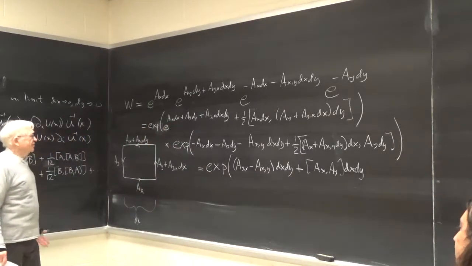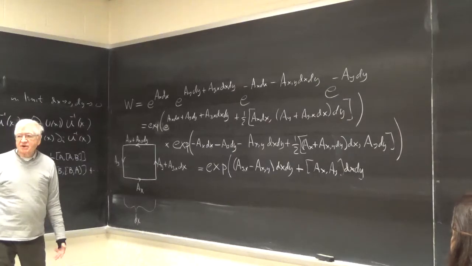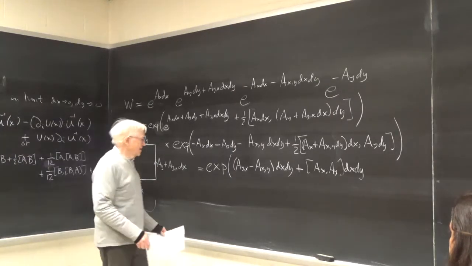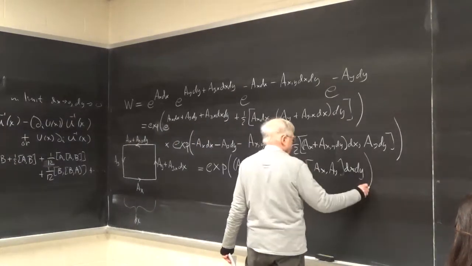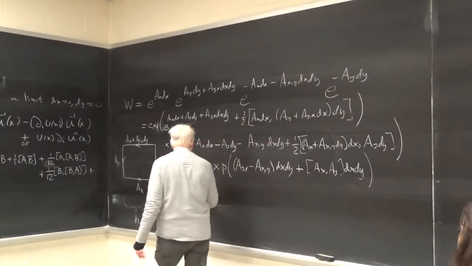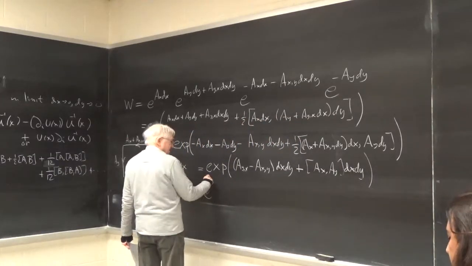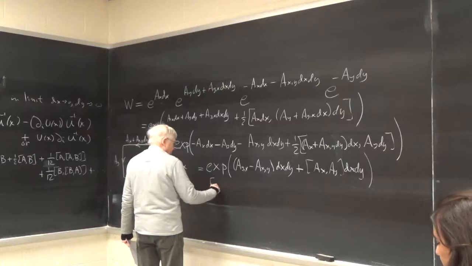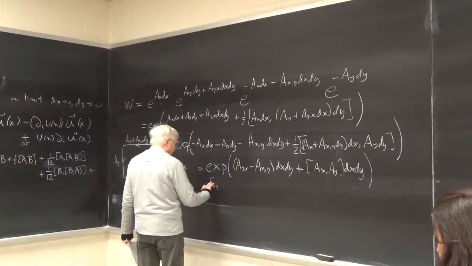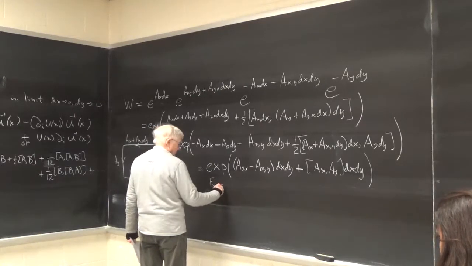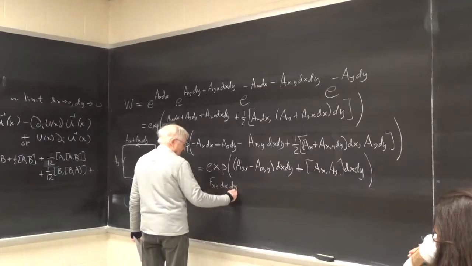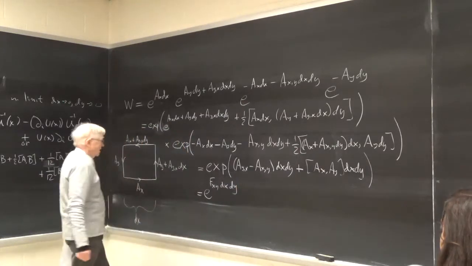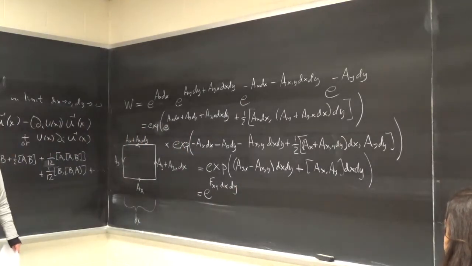But that's zero because they are the same term apart from a minus sign. And so altogether we have this, and this is then just e to the F_xy dx dy. So that's a very nice result,